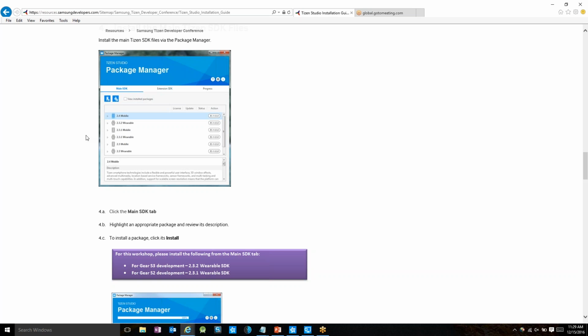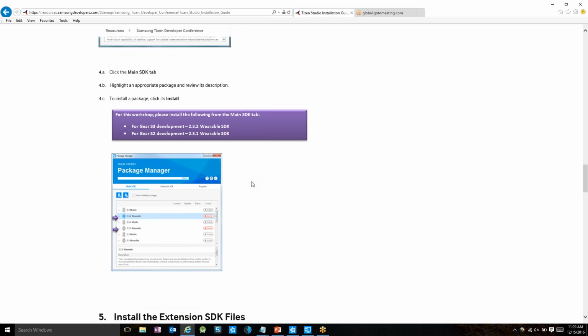You can select Tizen 2.3.2 wearable and Tizen 2.3.1 wearable. As Nicholas mentioned earlier, before, Gear S2 was in the platform called Tizen 2.3.1, and Gear S3 is in Tizen platform 2.3.2. But now recently we have rolled out an update for Gear S2 that will be updating the Gear S2 also to 2.3.2 wearable platform. So you can install these two, and